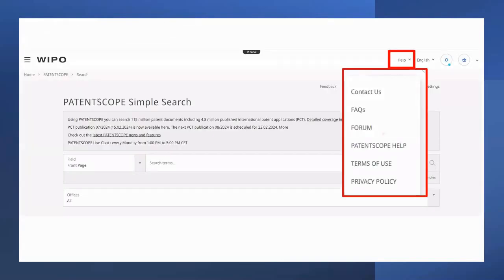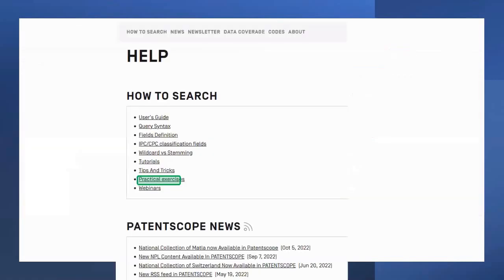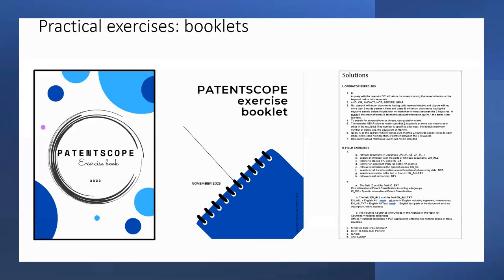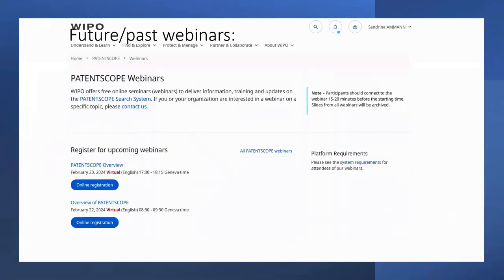And just to come back to the help menu, I wanted to show you the practical exercises that you find online. You can go to this page and practice a little bit. This will help you understand how PATENTSCOPE works and build better queries. And also, if you're into practicing, you will find some exercise booklets on our web page. So this is the page